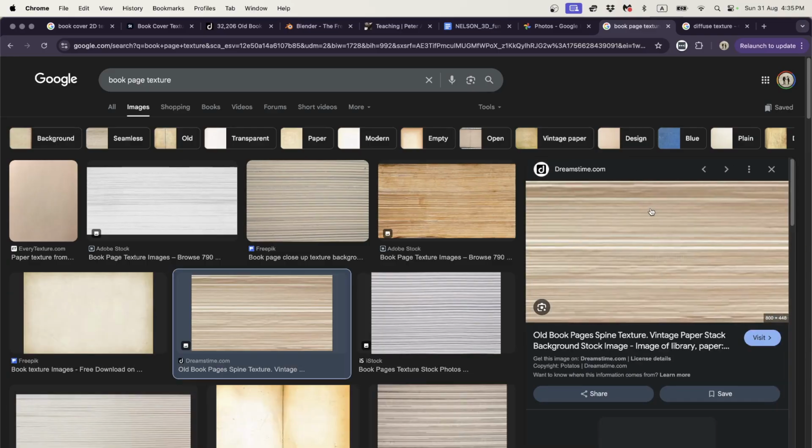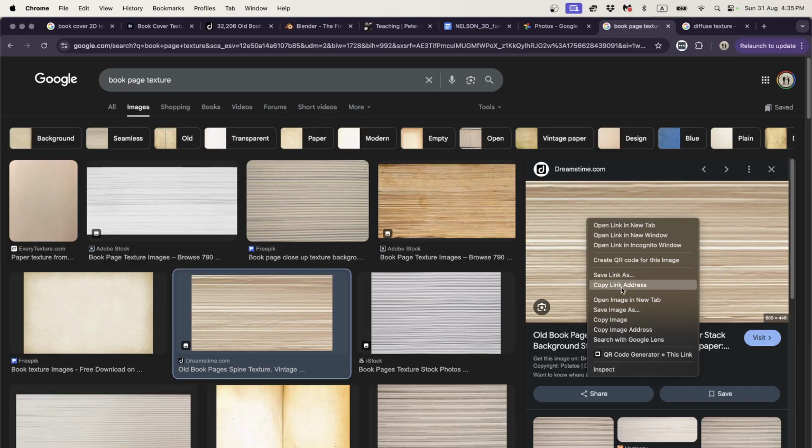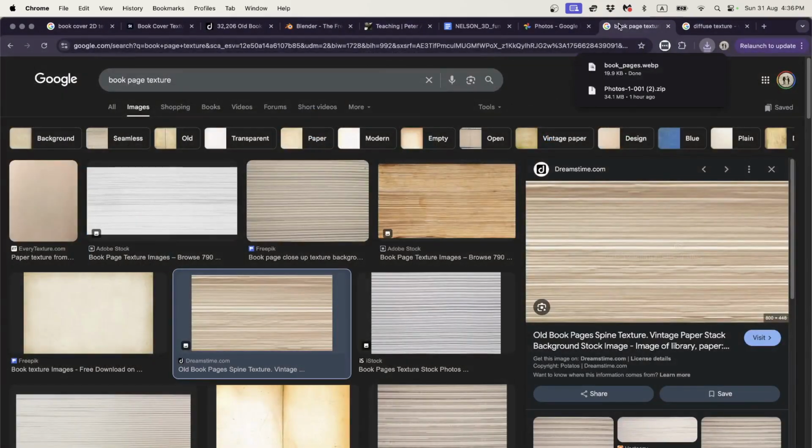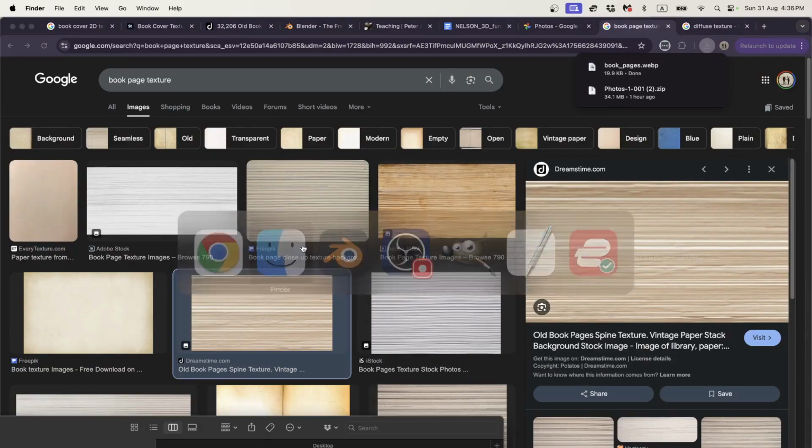This is kind of simple. I'm just going to, it's got a little watermark on it, but I don't think we'll see it. I'm just going to save that image, put it in my textures folder and call it book pages. Okay, and then I'm going to go and grab that texture